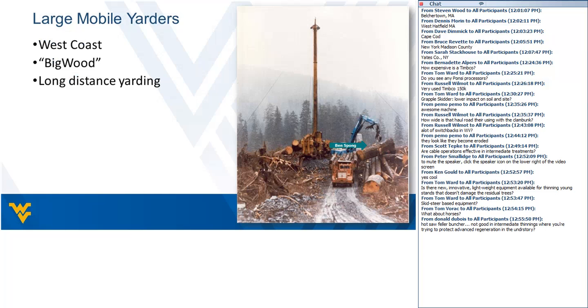And even on the West Coast, because we don't have timber like this as much anymore, the use of these large mobile yarders has decreased. In fact, a lot of these old yarders now have been bought up by New Zealand. They're buying all the old machines, shipping them across the ocean, rehabbing them, and using them in the plantations in New Zealand. And they really, really enjoy their cable yarding over there. So that's been a recent change. Next,